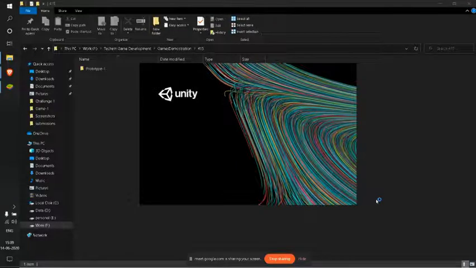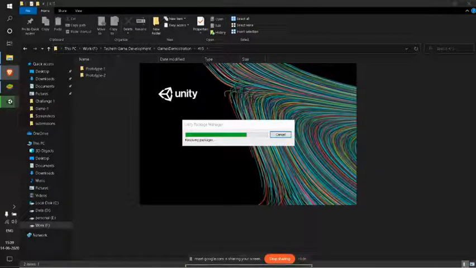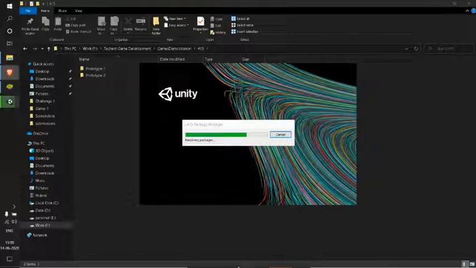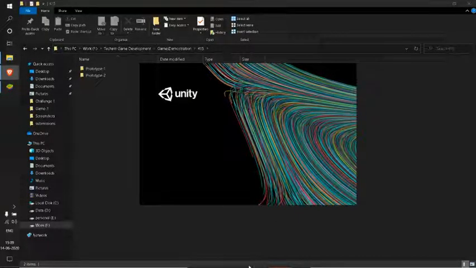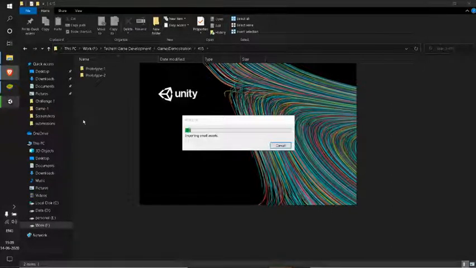We shall wait till the project is created and the Unity editor gets opened. So all those assets are getting imported.